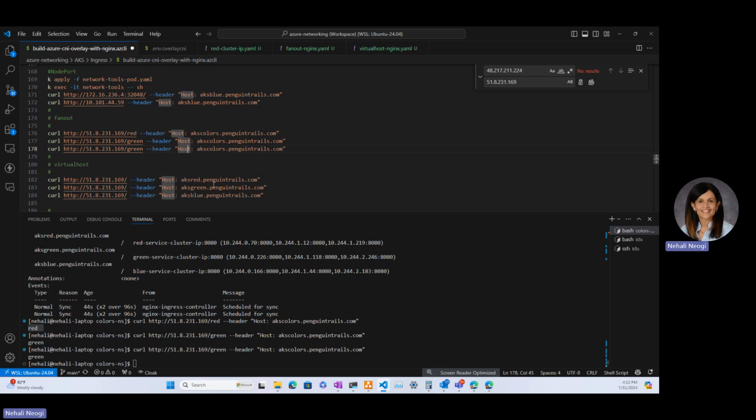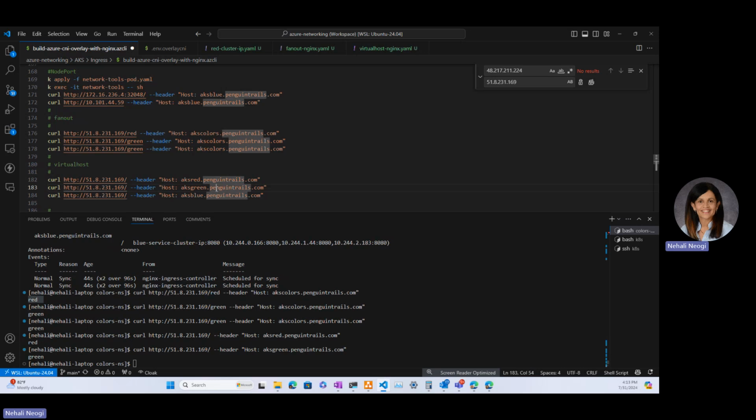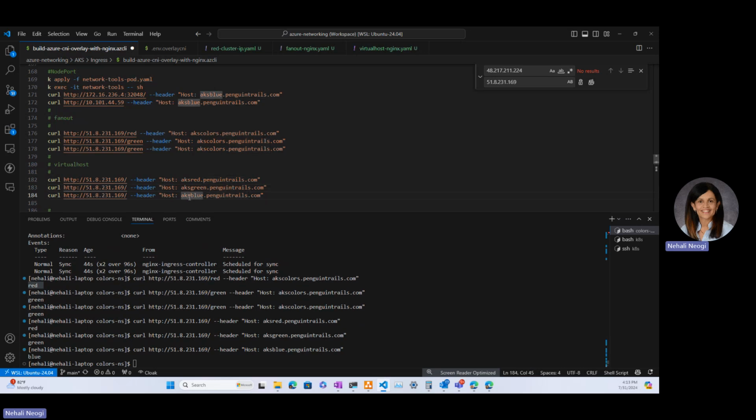And then we'll do it based on the host header of red, AKS red, green, and blue. On the top one, we were doing path-based routing. Now we're doing host name-based routing, and you can see that it's all working fine. All right, so far, of course, you wouldn't want to use IP addresses in production. I'll show you how to do it using CNAME in a few minutes, but let's go and just double check